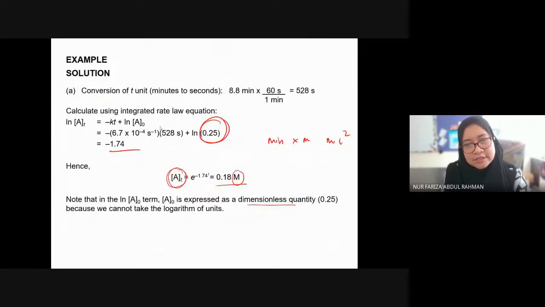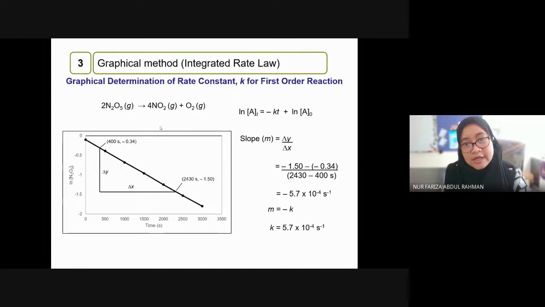This one settle. This one? Okay, alright. Katakanlah, remember at the end of the day when you have a linear graph, especially you have to calculate the slope. Slope mesti kena calculate, and how do you relate the slope dengan the integrated rate law? Slope depends on the type of graph that you have. If you have a straight line for ln concentration versus time, later on you have to calculate the slope. So you must know that slope is also equal to